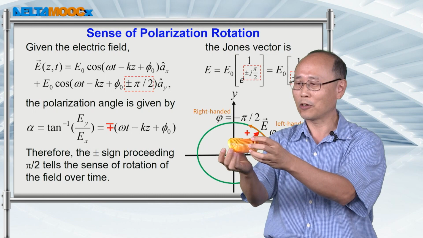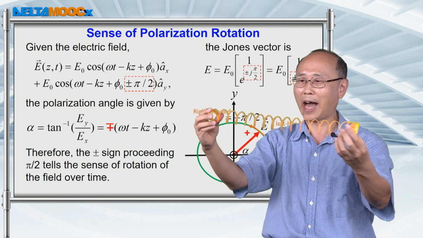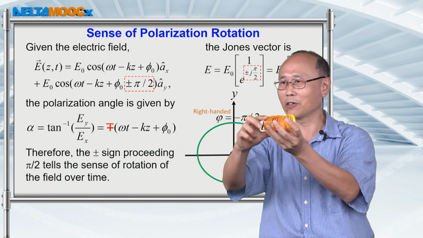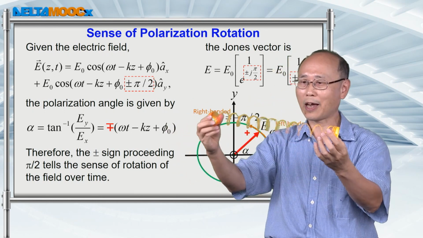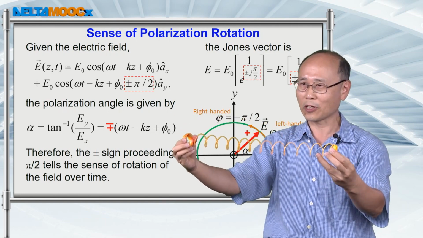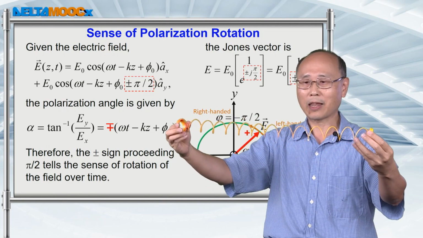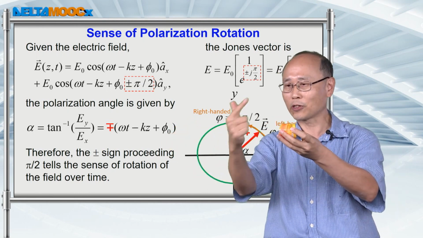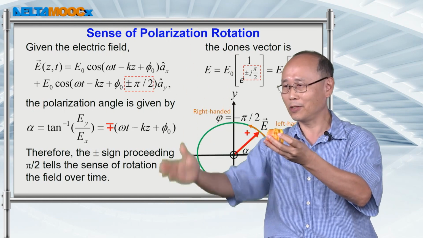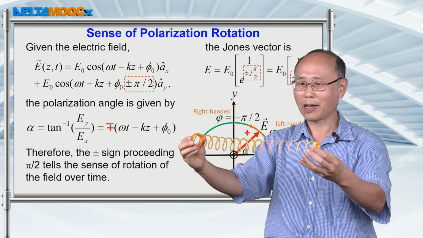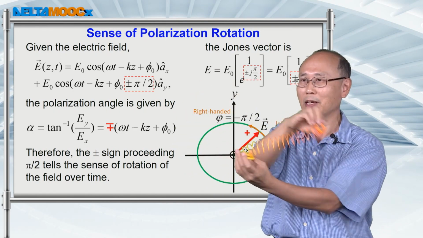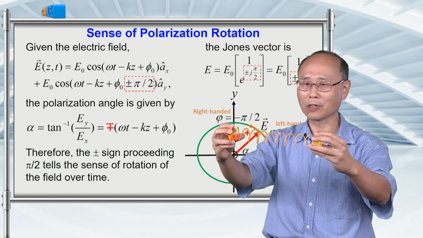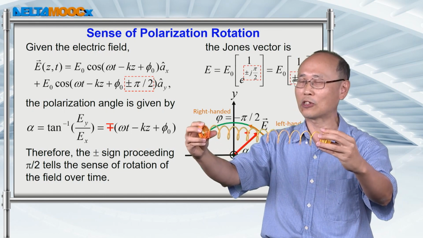But if you reverse this magic spring in the opposite direction, then the sense of rotation of this circle is going to be reversed. So this is the concept of circular polarization. Basically, the electric field will follow the circle and rotate on a plane you put into the space. And if you reverse the direction of this pattern, then the sense of rotation is also reversed. And I hope that you can catch the concept of circular polarization.